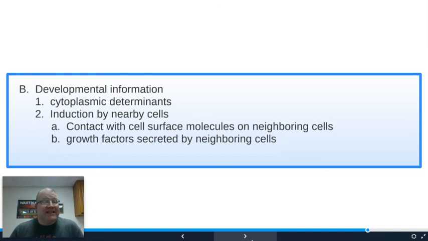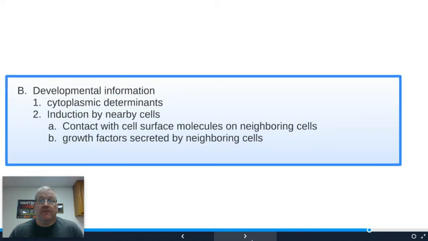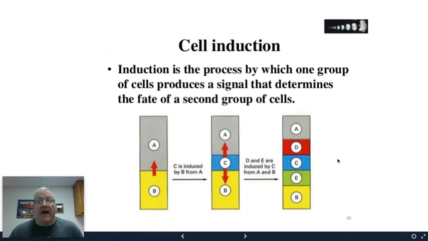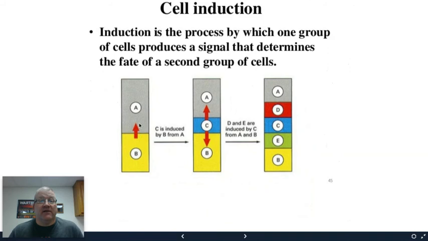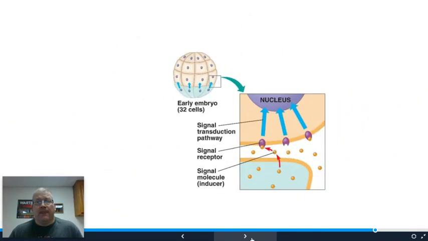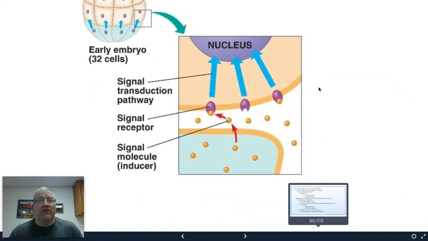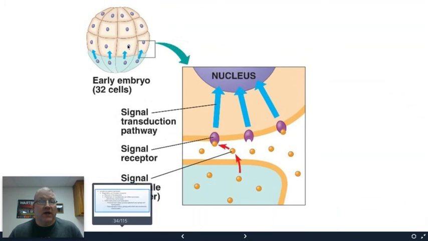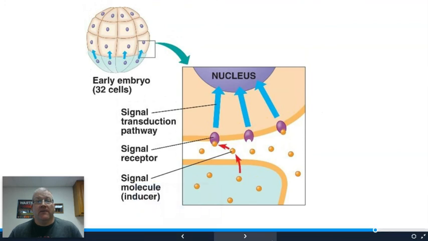So those cytoplasmic determinants will also have an effect on how cells communicate. So here we have that first set of cytoplasmic determinant divisions causing for multiple layers in between in an embryo, depending on what signals are being sent from tissue to tissue. Signals? Yes. From one cell to another, even early on in this embryological stage, here you've got a 32 cell morula. Okay, what kinds of signals are being sent from cell one